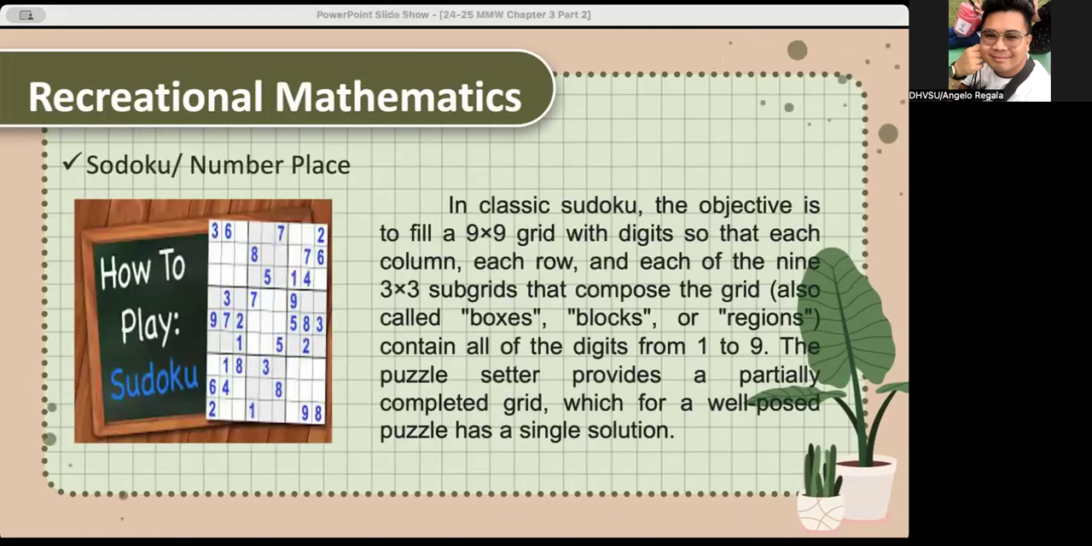So in a classic Sudoku, the objective is to fill a 9 by 9 grid with digits so that each column, each row, and each of the 3 by 3 grid boxes contain all of the digits from 1 to 9. So in short,